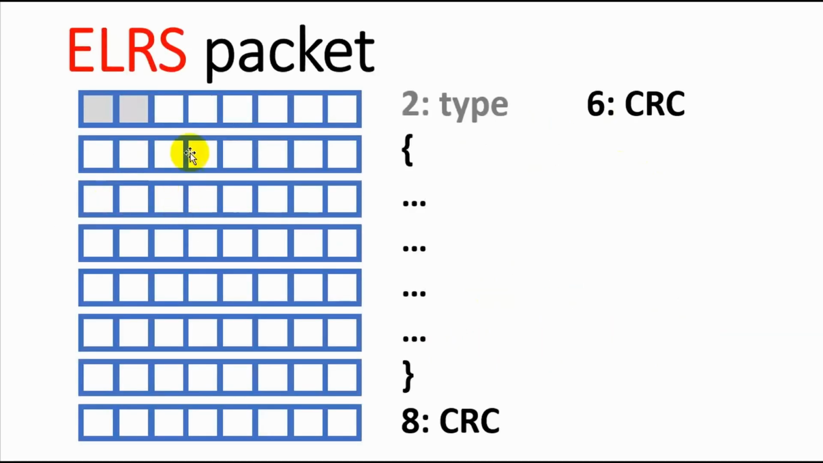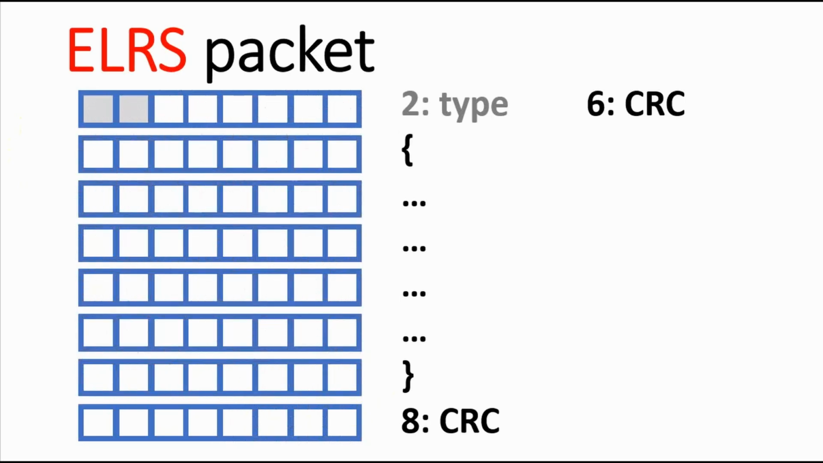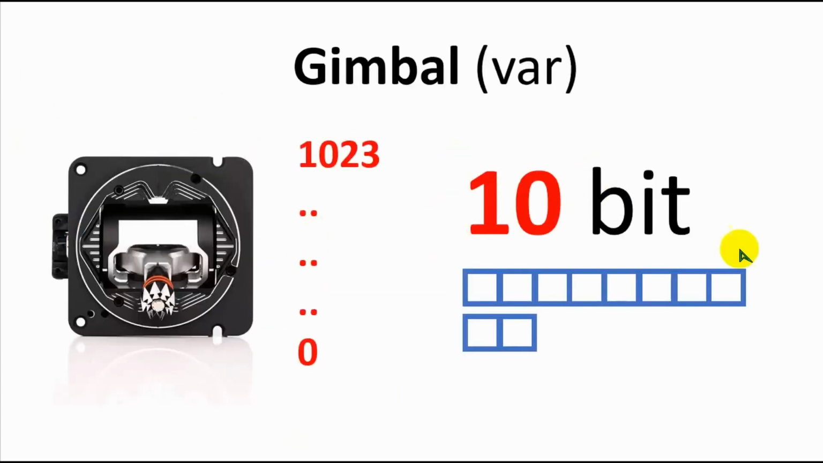Getting back to this packet, these bits are used to ensure that the rest of information is passed correctly. Okay, let's go deeper. Next, OTA channels 4 by 10 bits. 10 bits, yes, unexpectedly, this is 10 bits. So we have